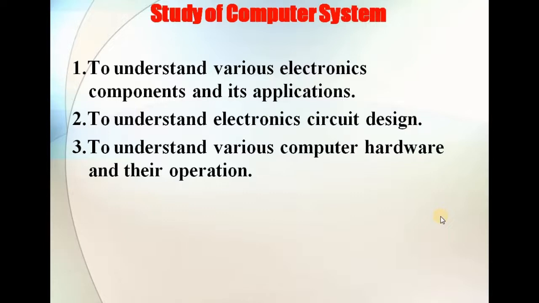So when we talk about system, it is always made up of some subsystem. When we say about computer, it is not made up of one particular device. So it consists of many different hardware devices, and each device has its own application, and all these devices interact with each other or they communicate with each other, and hence perform the tasks, and we can do our calculations or computations.